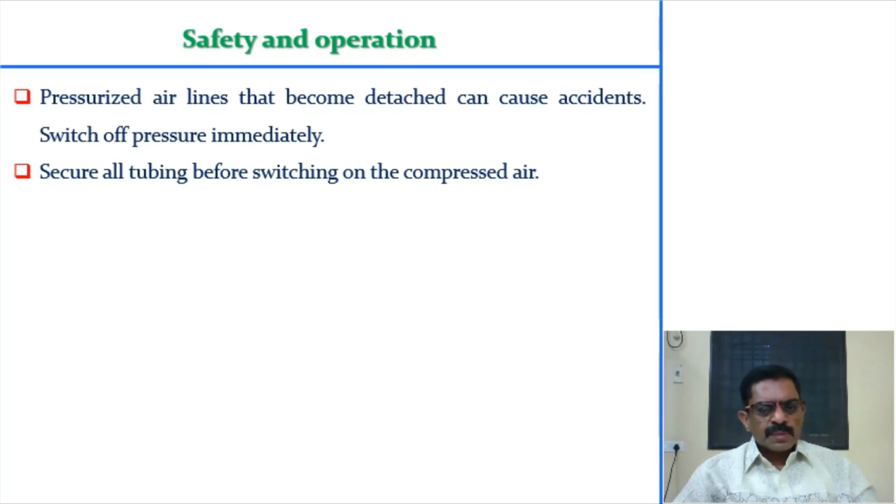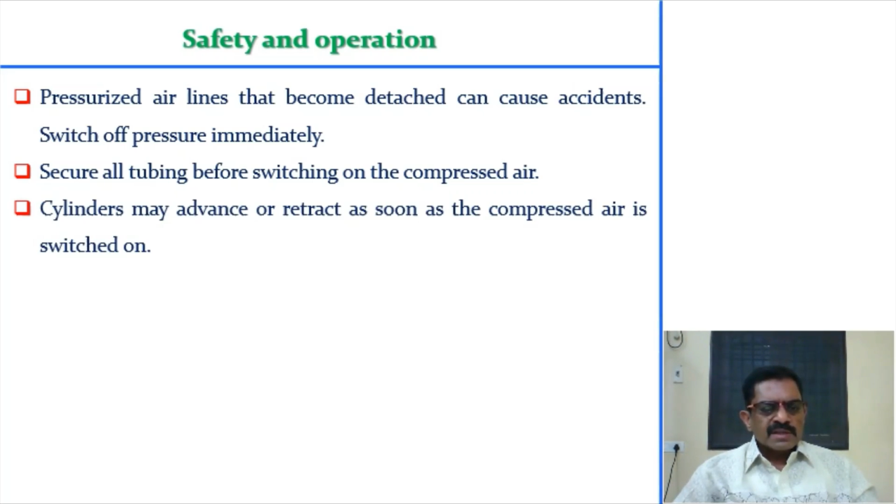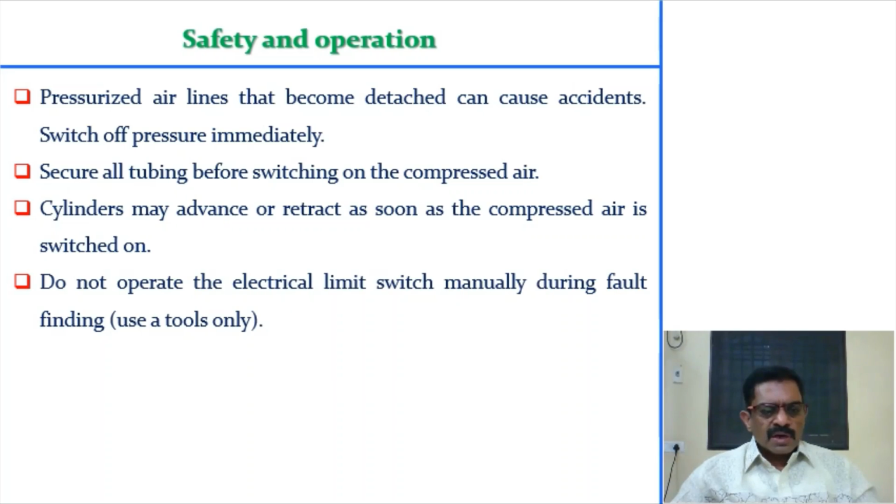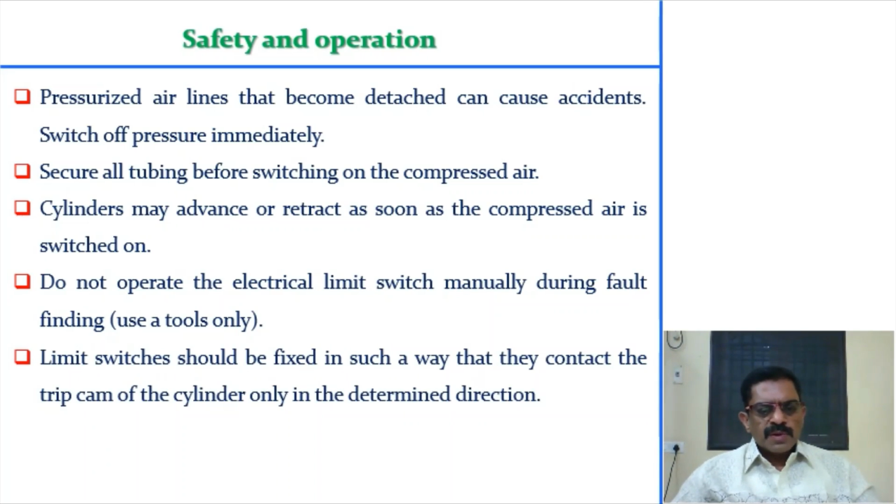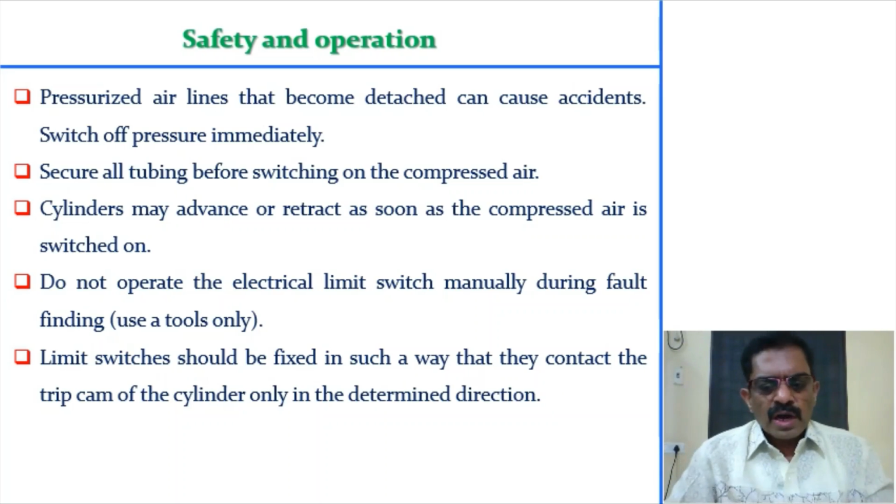Pressurized air lines that become detached can cause accidents. Switch off pressure immediately, so there should always be a safety switch. Secure all tubing before switching on the compressed air. Cylinders may advance or retract as soon as the compressed air is switched on. And do not operate the electrical limit switch manually during fault finding. You have to use tools only. Limit switches should be fixed in such a way that they contact the trip cam of the cylinder only in the determined direction. So the direction is also very important. You should be aware of it before operating it. That is another